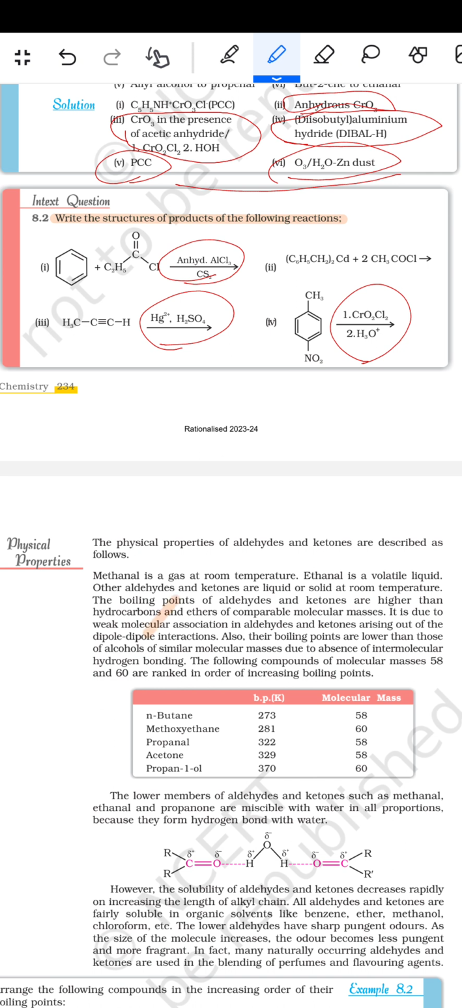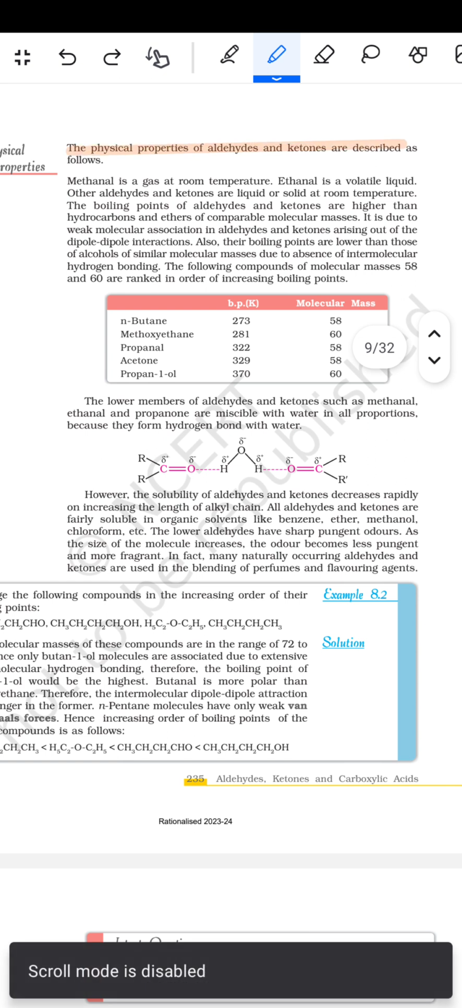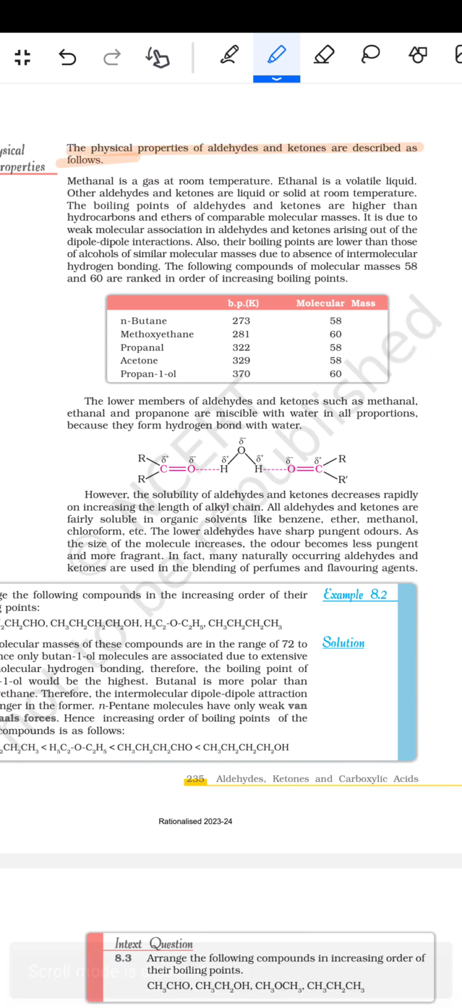Then come the physical properties. The physical properties of the aldehydes and the ketones are described as follows. Methanal is a gas at room temperature. Ethanal is a volatile liquid. Other aldehydes and ketones are liquid or solid at room temperature. The boiling points of the aldehydes and the ketones are higher than the hydrocarbons and the ethers of comparable